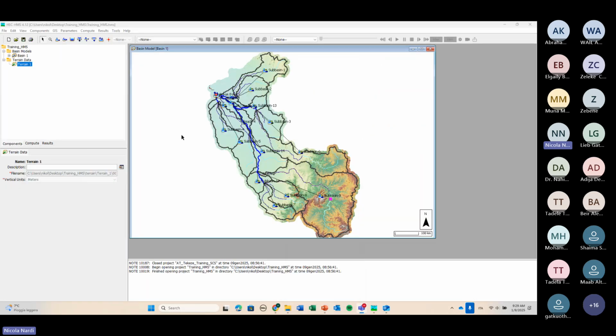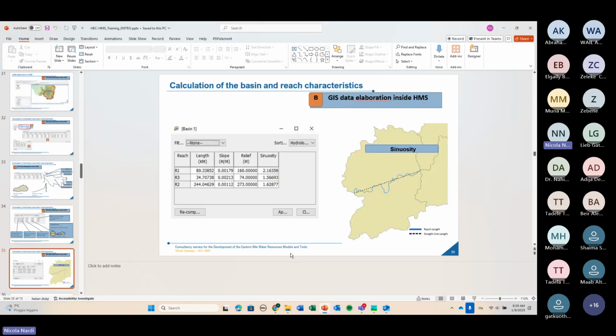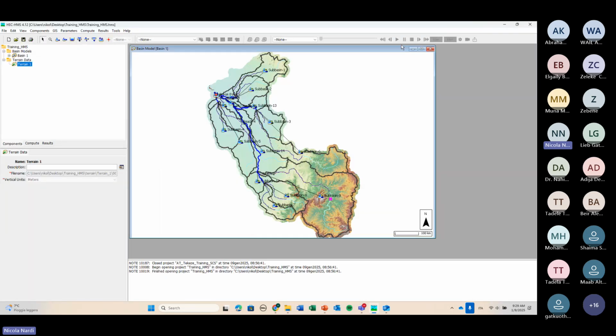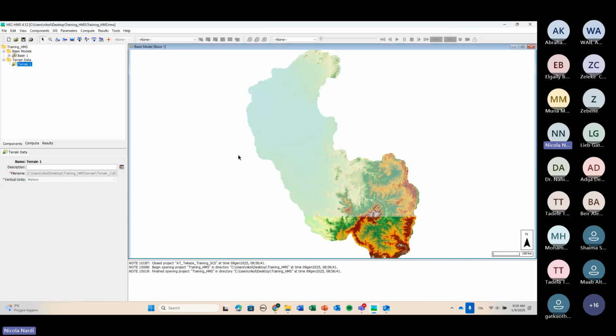Okay, well, we were looking at the characteristic of the reach. We have seen the characteristic of the reach, and we can move on with our presentation. We can really start going deep into details of the creation of the model and the parameters, the estimation of the parameters that we need to calculate to do this transformation